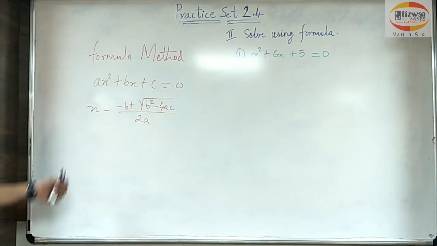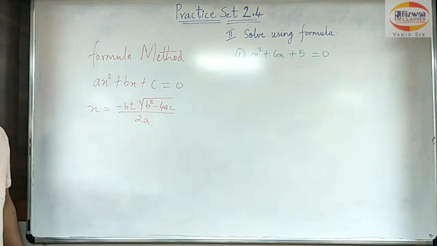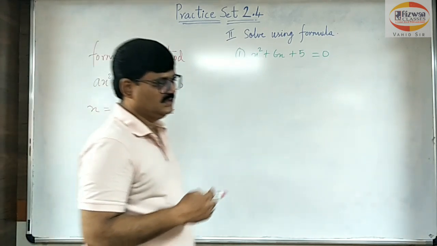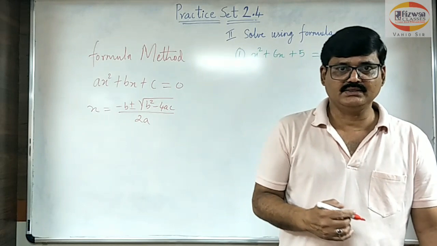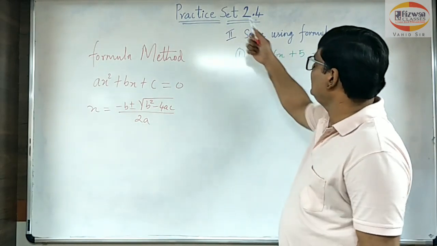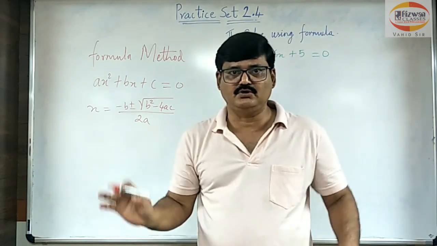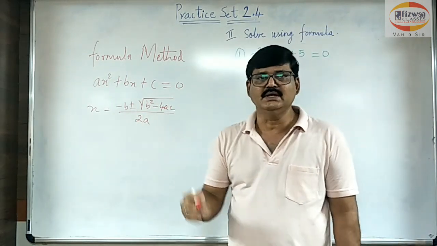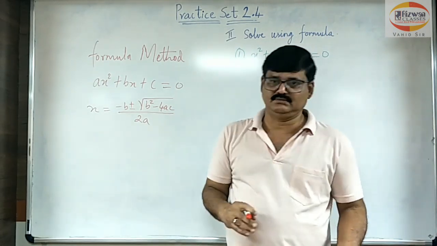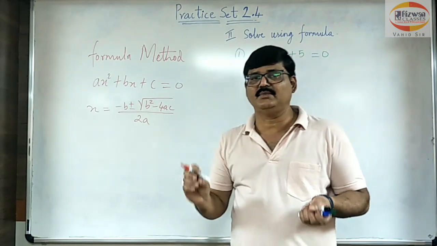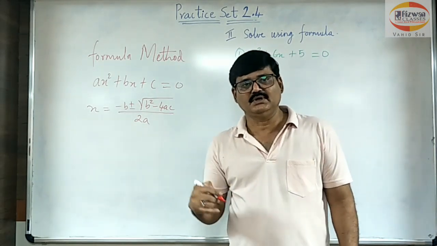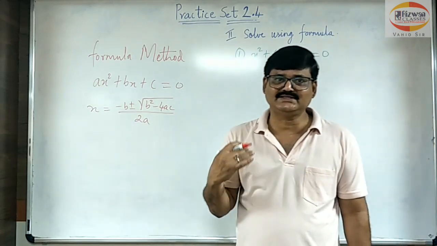That formula is x is equal to minus b plus minus root of b square minus 4ac upon 2a, and this is called the formula. According to this formula, we have to solve the quadratic equation, and then we will be getting the answer. So let's start with the first question of practice set 2.4. I'm not doing it here, you can see it in your textbook. It is just to find the values of a, b and c, what we did in 2.1: get it into standard form and get the values of a, b and c. That you can easily do. So I'm directly starting from the second question of exercise 2.4.